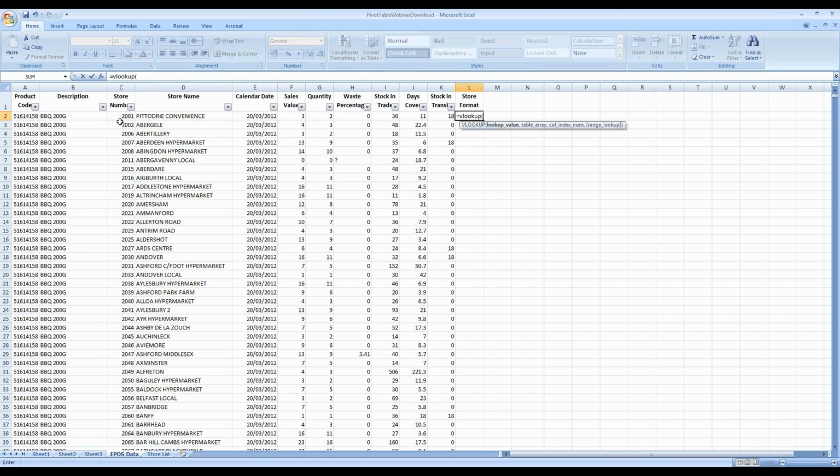So we select the cell C2, which has got the store number in it. Hopefully you're all there now. We then need a comma to tell it what to do next. Now it's going to find that store number within the store list, which is on a separate tab. So still within that formula, if you click on the store list tab at the bottom,